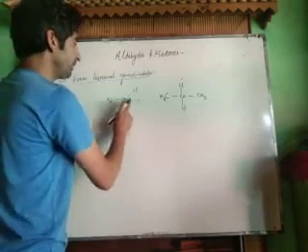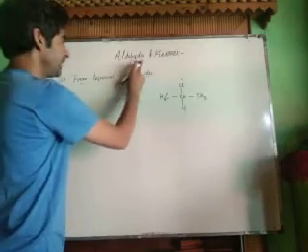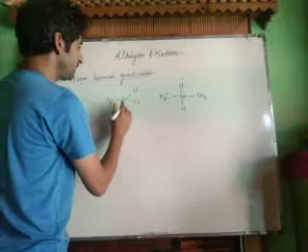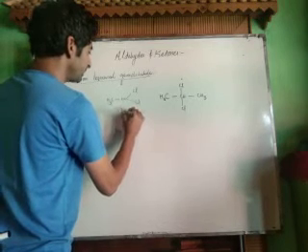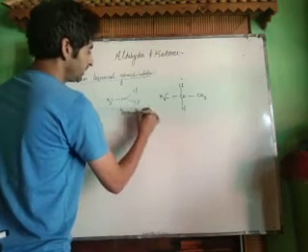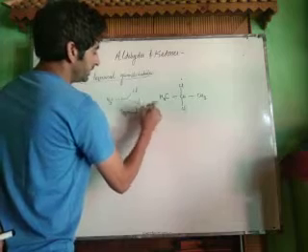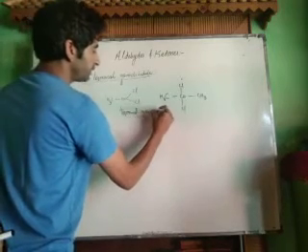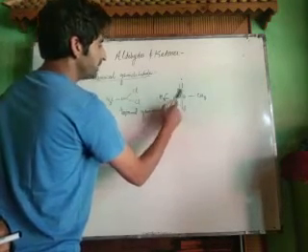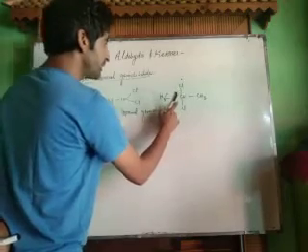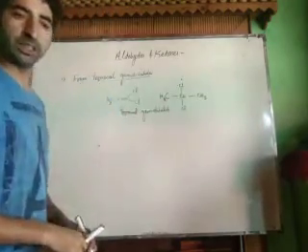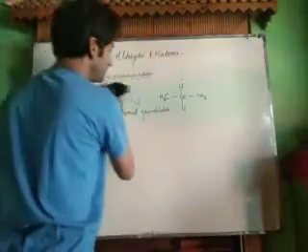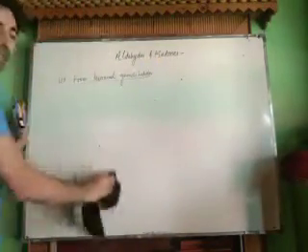We are going to prepare these aldehydes and ketones from these terminal gem dihalides. This is a terminal gem dihalide. Gem means on the same carbon atom. This is also a gem dihalide, but it is not terminal, it's internal. Now let us start preparing these aldehydes and ketones from terminal gem dihalides.